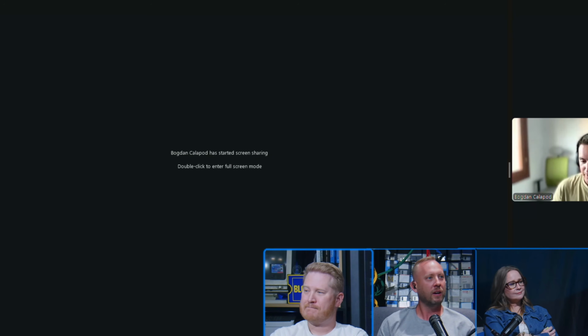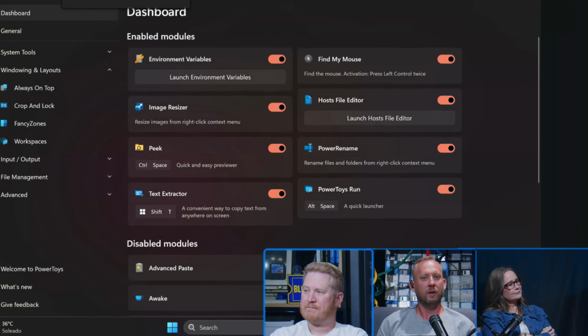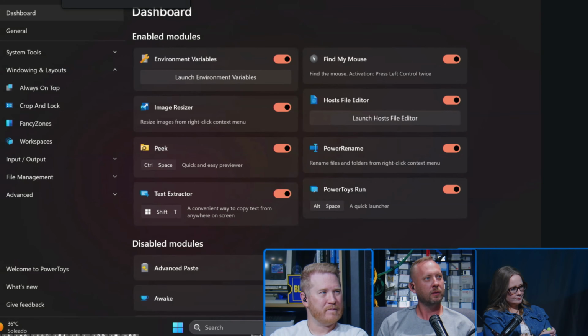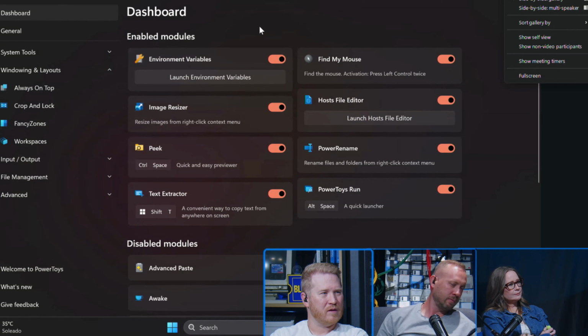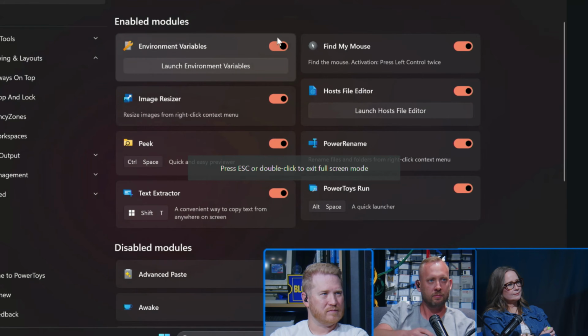Yeah, we're gonna explore all the PowerToys, which I find to be extremely useful in day-to-day life. So, if you know about PowerToys, I think